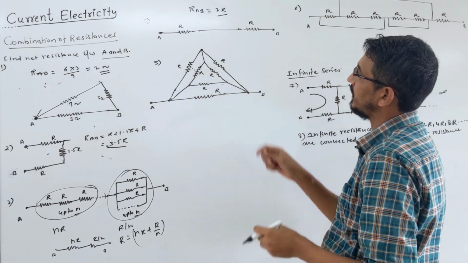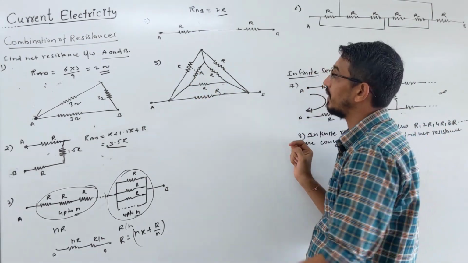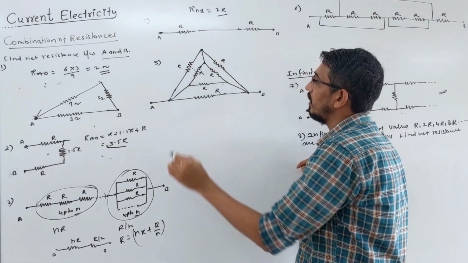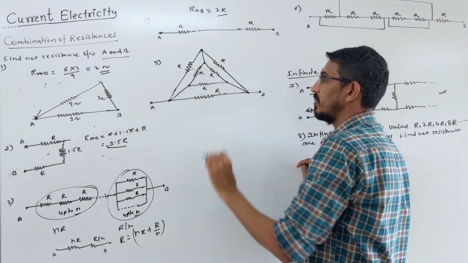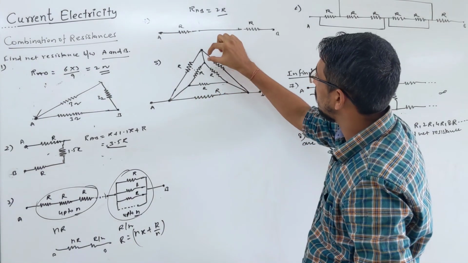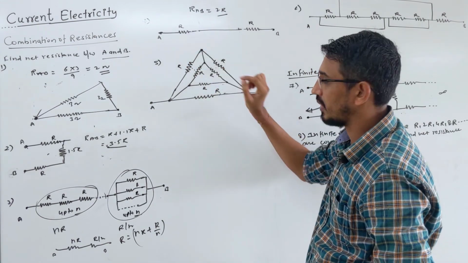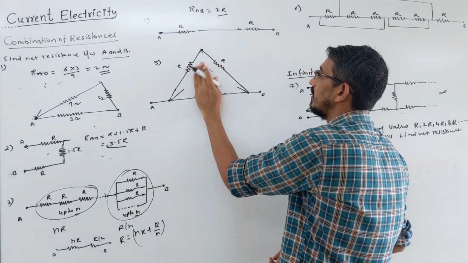The fifth question says, watch carefully, they are asking what is the net resistance. So look here. This terminal and this terminal are the same thing only, right? This terminal and this terminal are the same. This terminal and this terminal are the same only. What's the meaning of this? If these two points are the same, then these two are in parallel, these two are in parallel, and these two are in parallel, right? Yes. So what do you do? Remove this internal triangle.